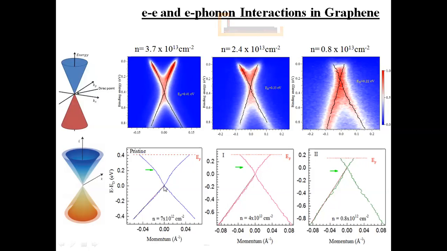Now it is theoretically predicted that electron-electron interaction gives rise to a deviation of the linear band structure near the Dirac point. So see the schematics. This outer cone is your Dirac cone without any electron-electron interaction, or with minimum electron-electron interaction. Now if I increase the electron-electron interaction, my cone will deviate from the actual linearity and will become this shape. So the deviation increases, and that happens near your Dirac point, this crossing point. So that can be seen here.